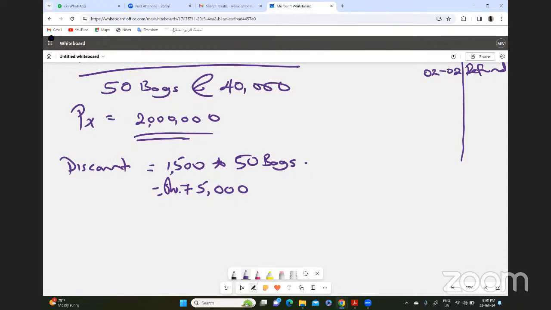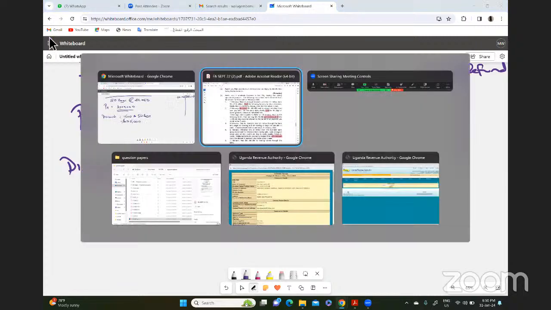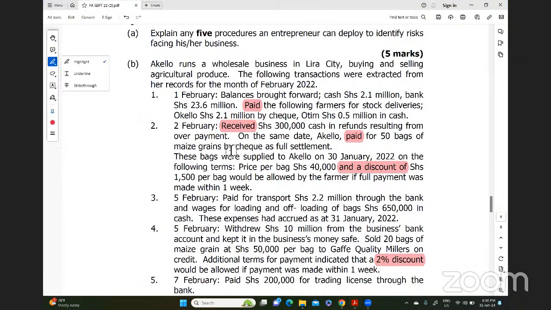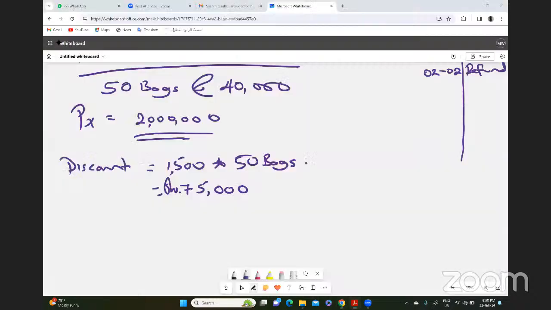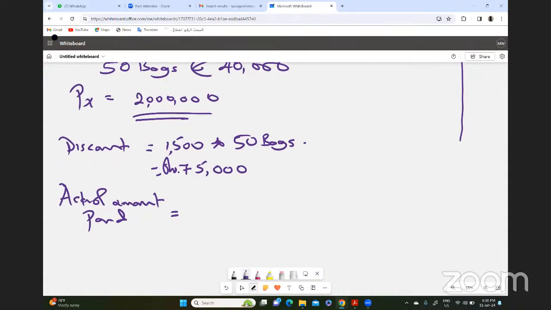Question is, how much money is Akelo going to part with, or how much did she part with in her bank? Because that transaction was in the bank, not so? She settled by check. So how much money did she actually pay? The actual amount paid. So she was supposed to pay 2 million, but they're allowing her a discount of 75. So she's parting with